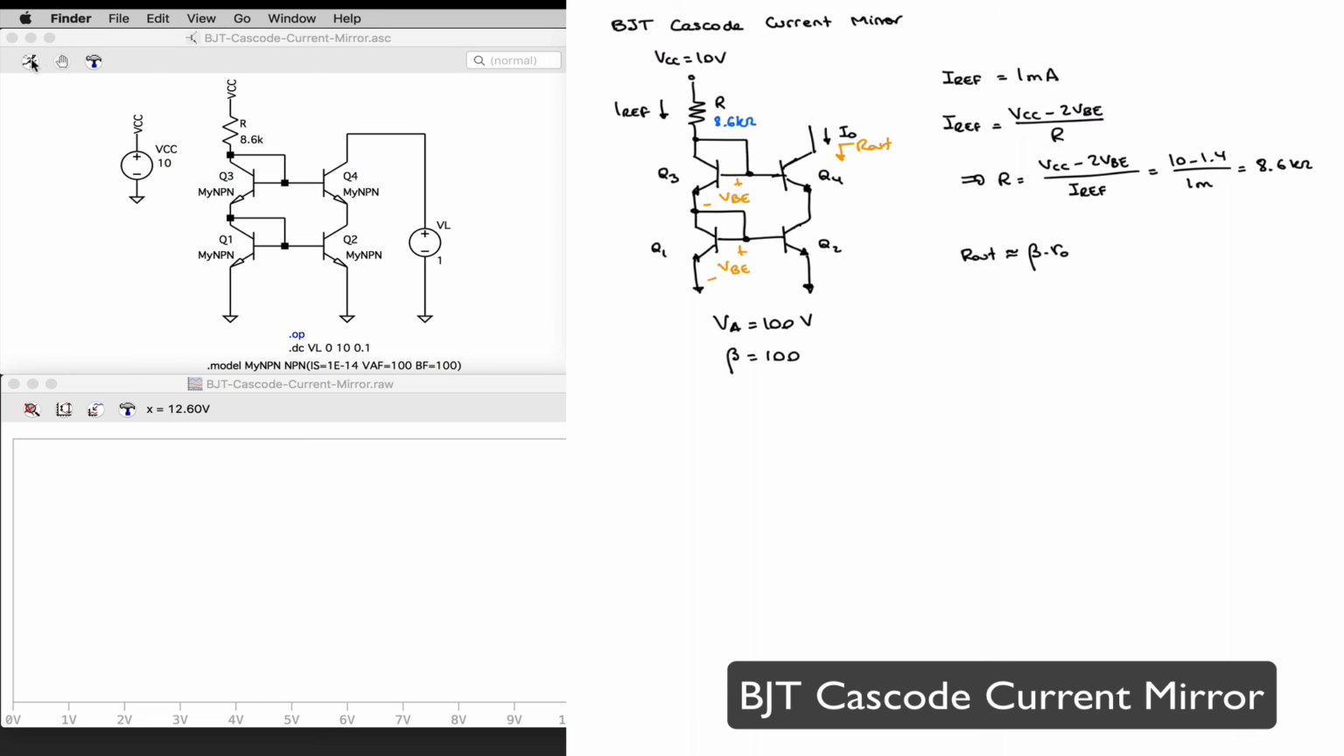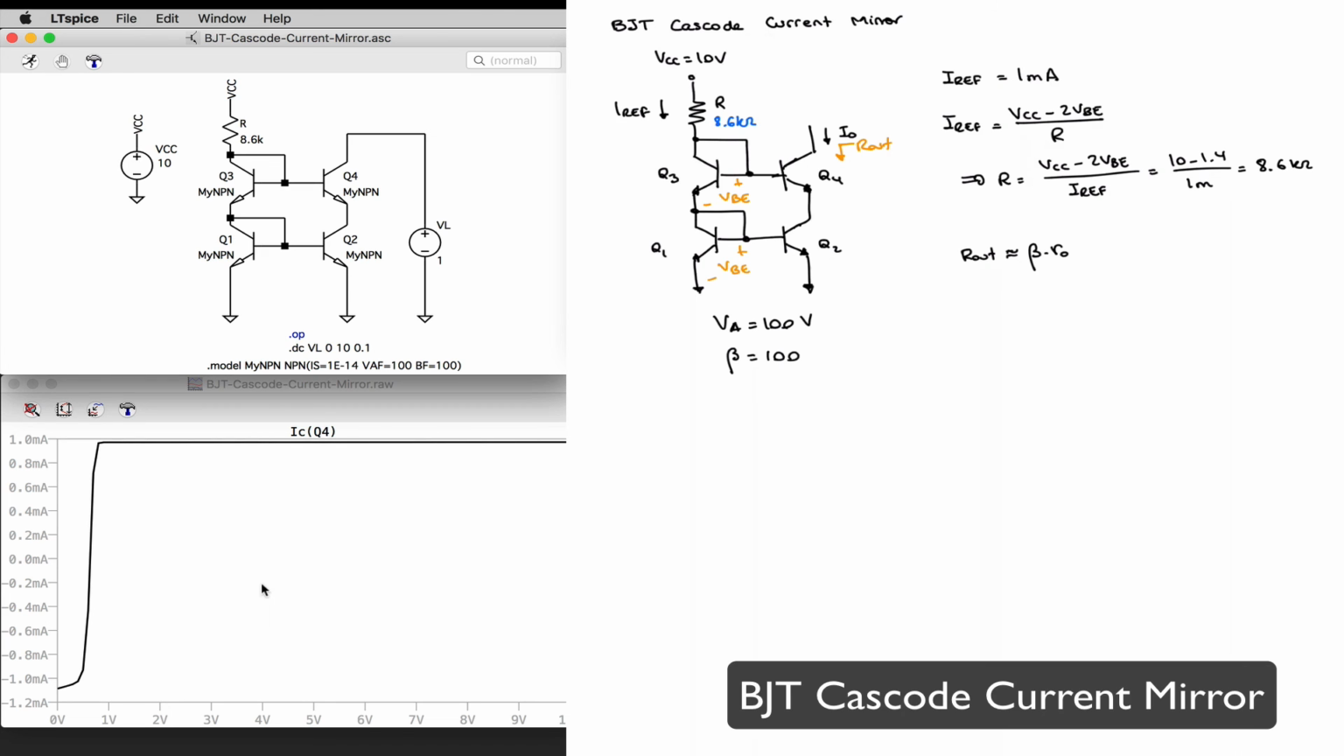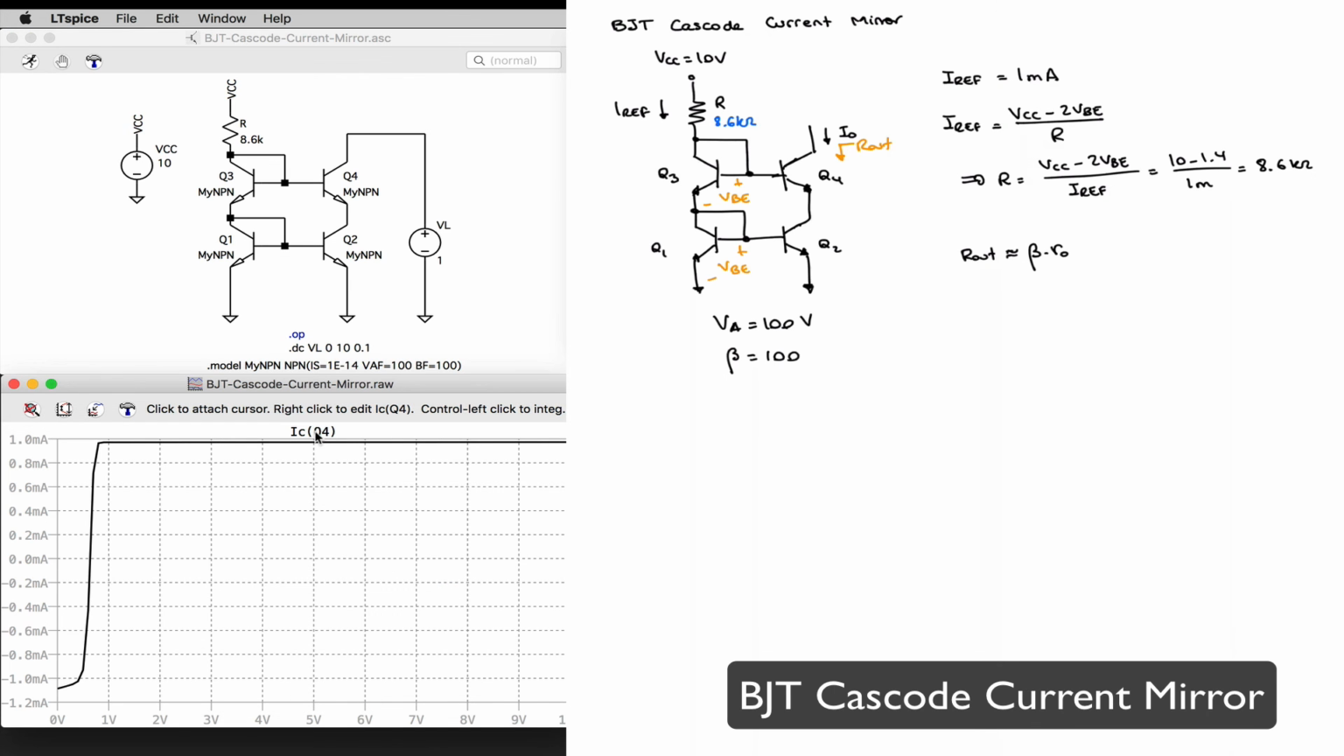Let's go ahead and run the simulation. Collector current here, again close to 1 milliamp. We can see that in effect it has less compliance range than the basic mirror. And then I'm going to add my grid and my cursors so that I can measure my output resistance. Cursor at 1 volt. And my second cursor,